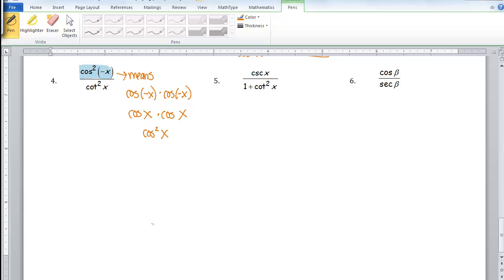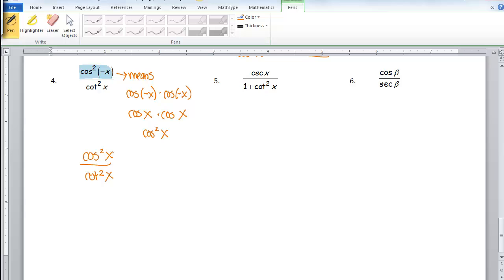And again, positive cosine squared. But be careful because that only happens for cosine and secant. Had that been sine squared of negative x, some people will mistakenly give me negative sine squared of x. But that would not be the case because the negative times the negative would have given me a positive. So now that we have simplified that negative angle identity,